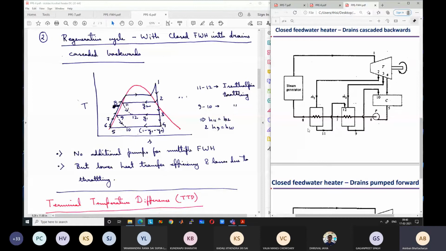Answers? It should be lower than T2. It may or may not be higher than T11, but it has to be lower than T2, the maximum temperature, because there can be heat exchange with this part of the steam for the final part, since it can act like a counterflow heat exchanger. So the temperature can go beyond T11, but always it has to be lower than T2.